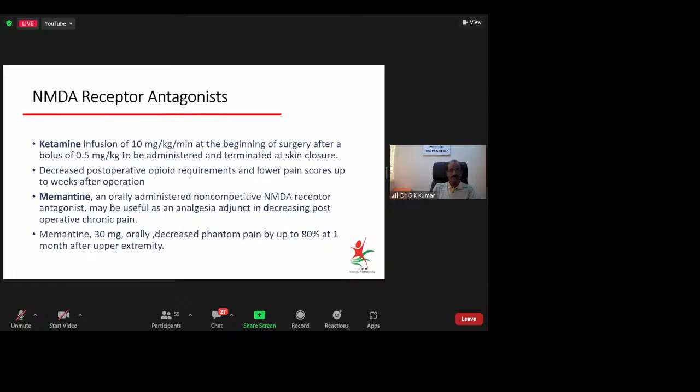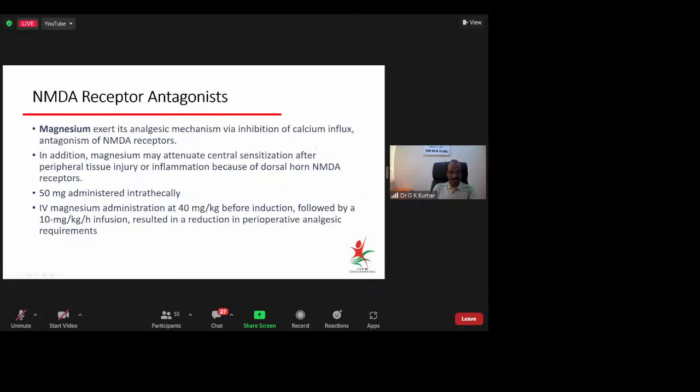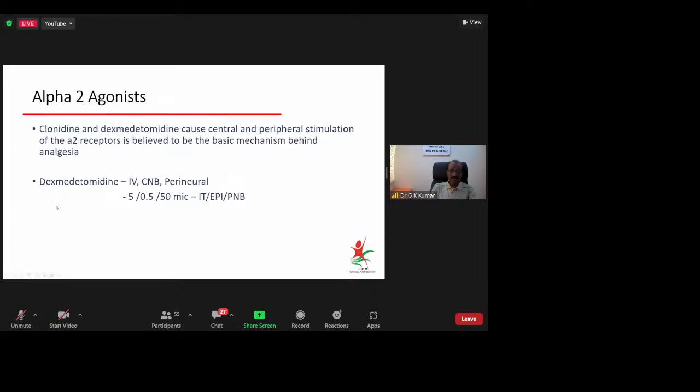Among the NMDA receptor drugs, the choice will be among ketamine and memantine. Magnesium will be the better choice, and that too IV rather than going for some other routes. These are the things available at present. Now, the most fascinating one in our days: